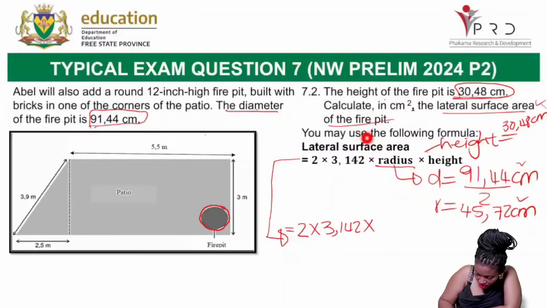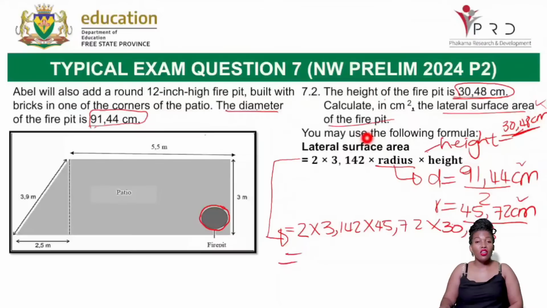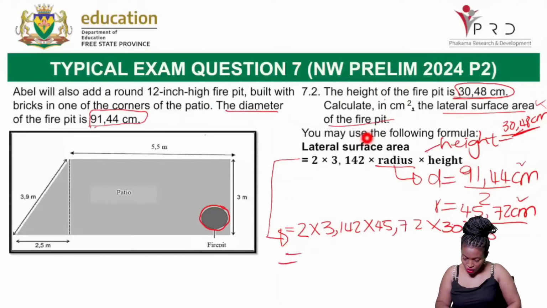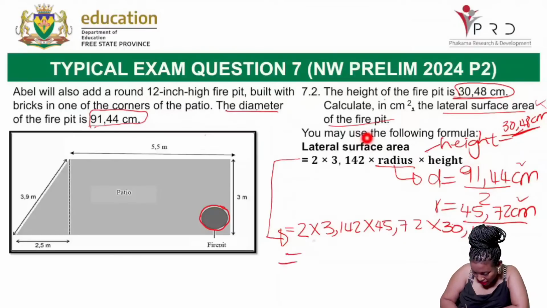We'll say this is equal to 2 times 3.142 times, what is the radius? It is 45.72, and then multiplied by the height. What is the height? It is 30.48. And then we are not going to guess the answer here. We are just going to punch everything in the calculator. Then we'll say 2 multiplied by 3.142 multiplied by 45.72 multiplied by 30.48. And the answer that I'm getting there is